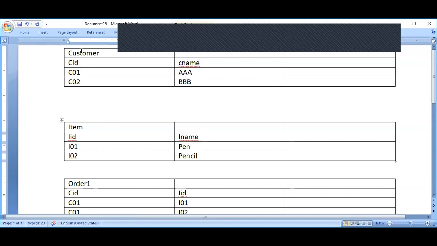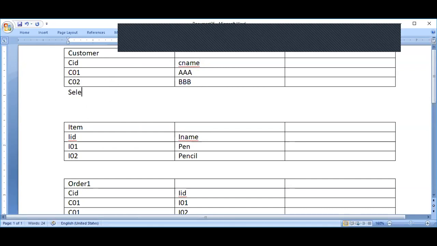If I just say select customer name, item name from customer, item, then what will happen? Because there is nothing common in them to join, it will create a Cartesian product. Unless there is a proper join, the output of these two tables will be that.